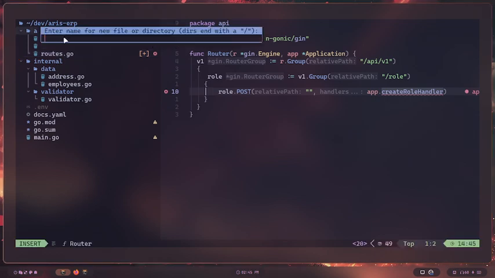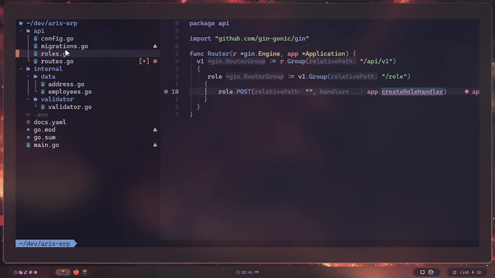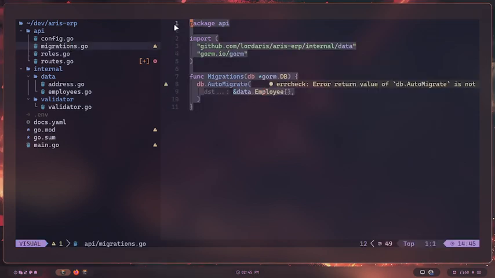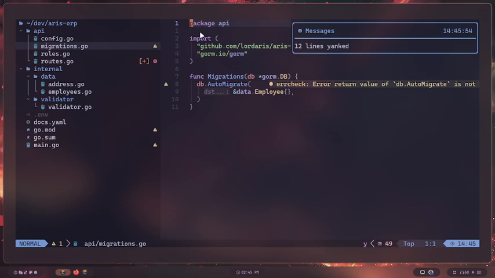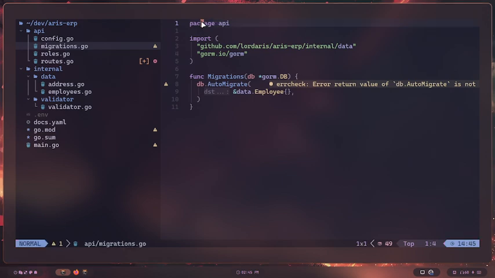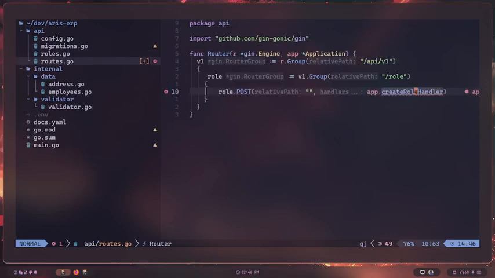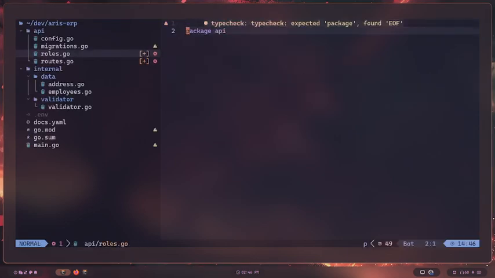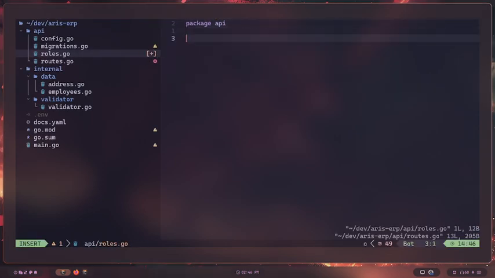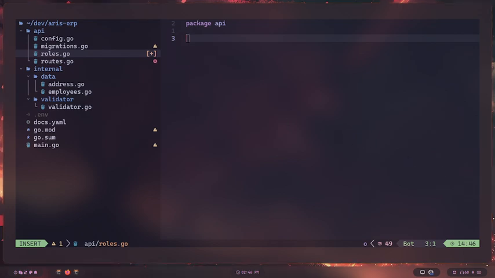but I can create it by making a new file, calling it roles.go, and well, basically I only need this. And I shouldn't be using the mouse, but I don't care. So going to roles, I have the package api, and I'm going to show you how to create a